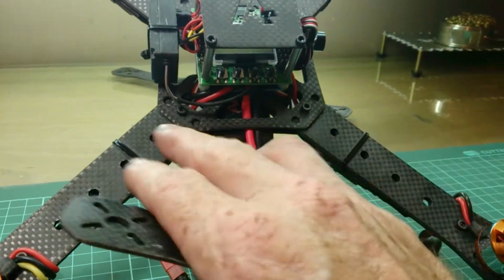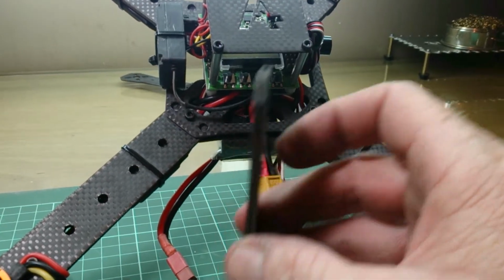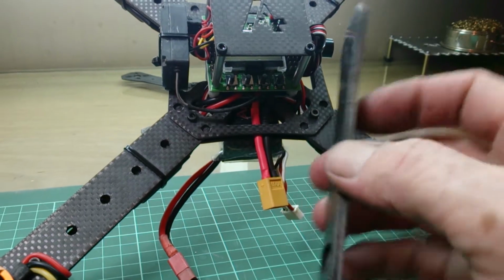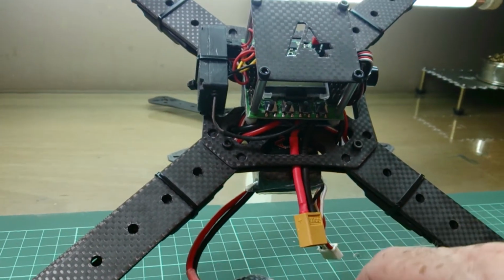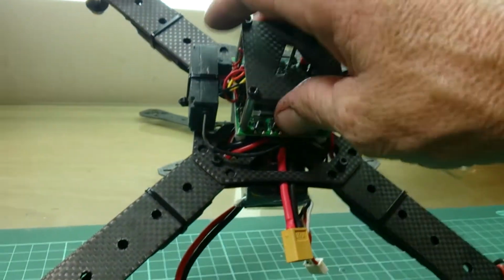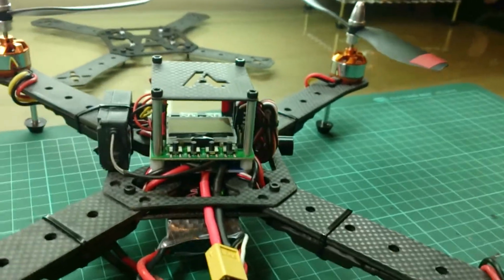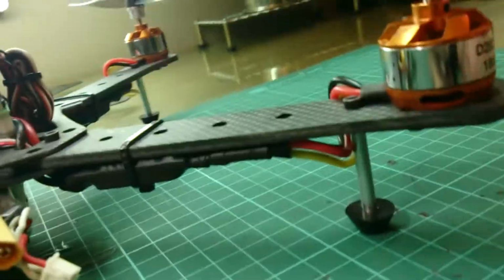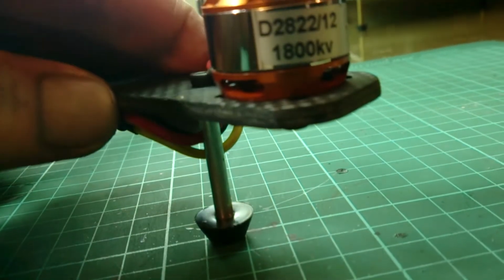Instead of using spacers or anything like that, I laminated the arms together and then finished them off, installed them with 2 carbon fiber center plates, and then I tested this. And I have to say, when I tested this, I had a big grin from ear to ear because it's day and night now. What I basically have now is 4 millimeter thick arms that act as one piece of